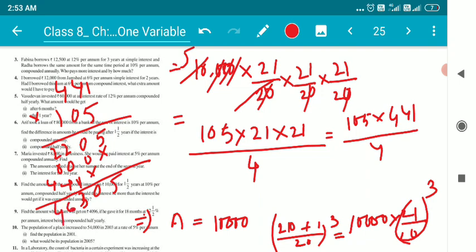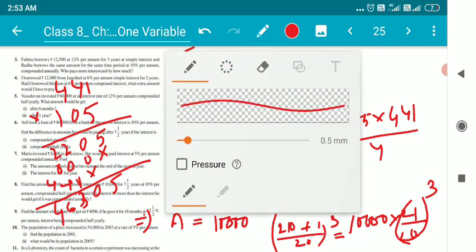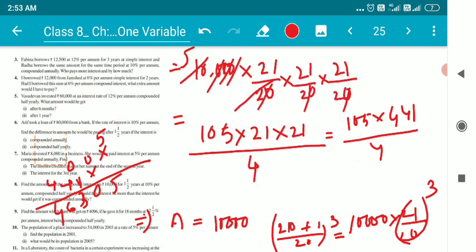So 46305 divided by 4. So children, here again I'll just go for division of this number. As we can see, it is 46305 divided by 4. Okay, 4 11s are 44,